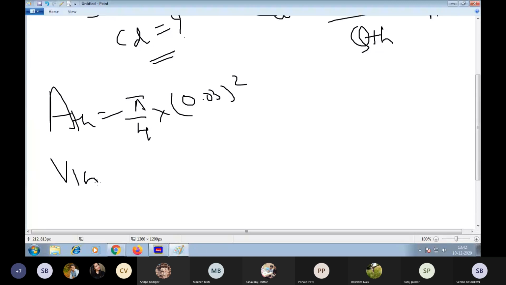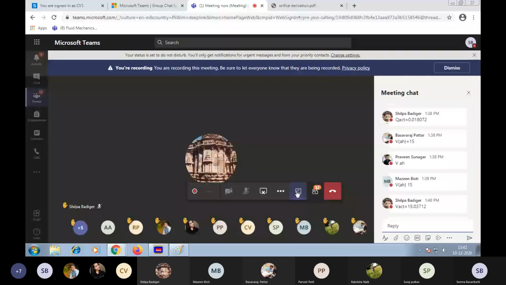And V theoretical, you calculate by taking the square root of 2gh. CD value for this particular problem, you are going to get it as